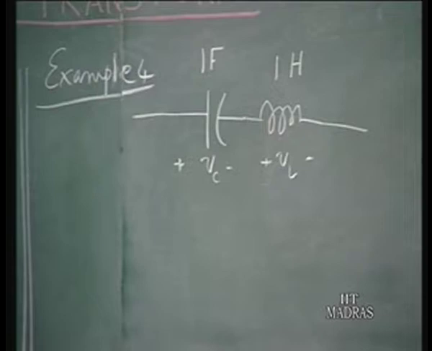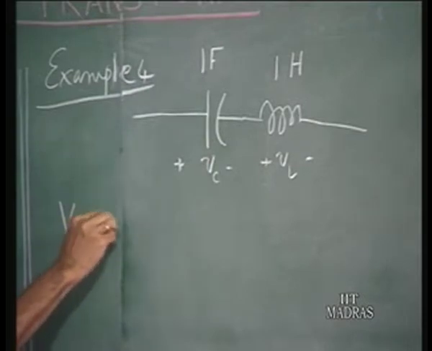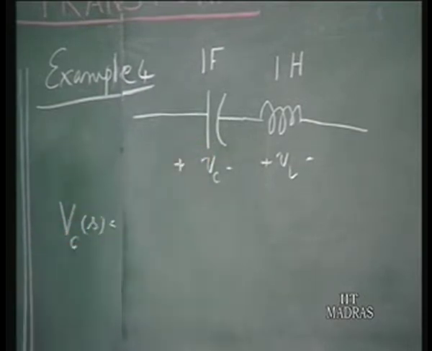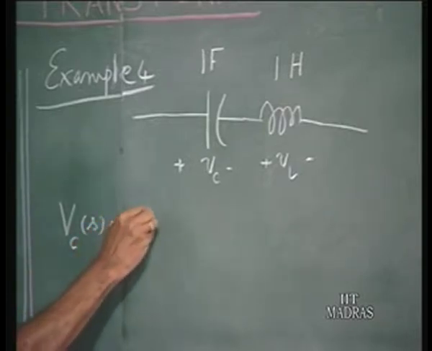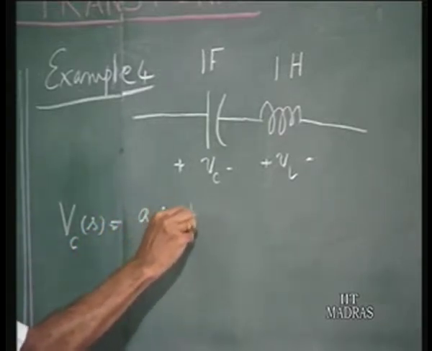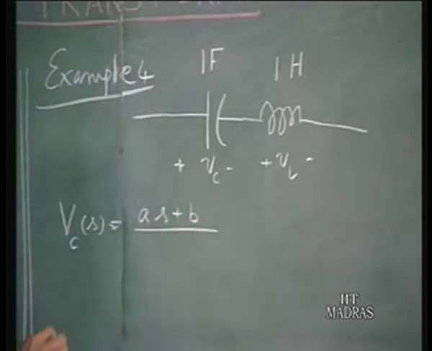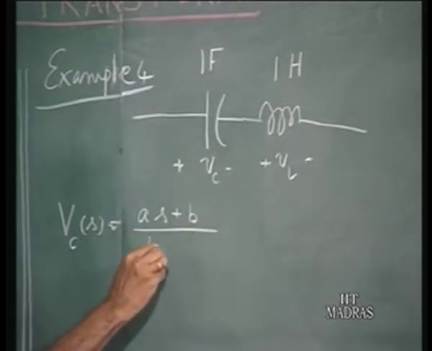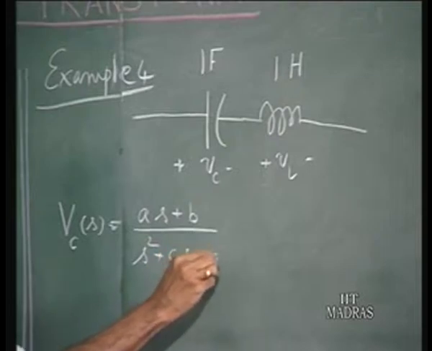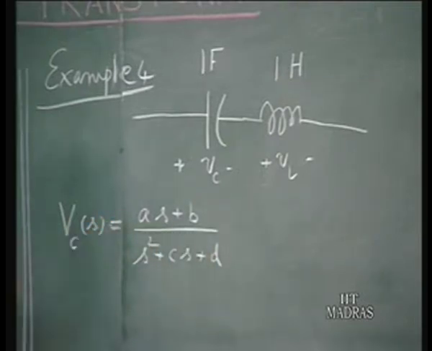In some circuit analysis, we have obtained Vc, the Laplace transform of Vc of t, the Laplace transform of the voltage across the capacitor, is found out to be (As plus B) over (s squared plus Cs plus d). Through some analysis, we have obtained this. Using this information, we are asked to find